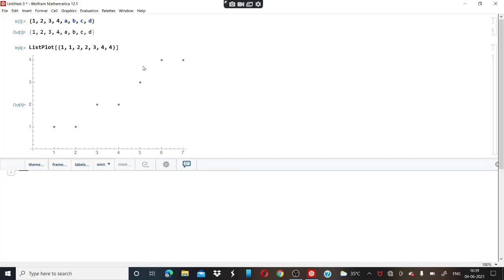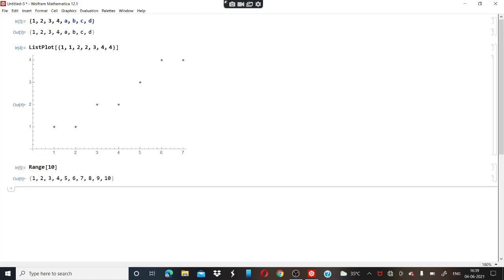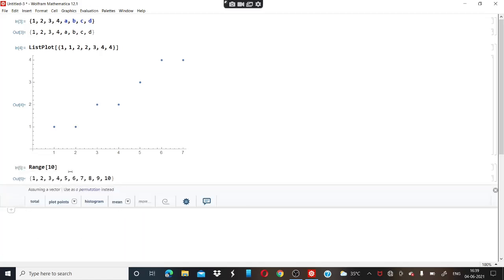Now, as you have seen, we will see another function, that is Range. What is Range? When you write Range and then 10, what it gives you is 1 to 10, meaning all numbers from 1 to 10. They are all positive integers.